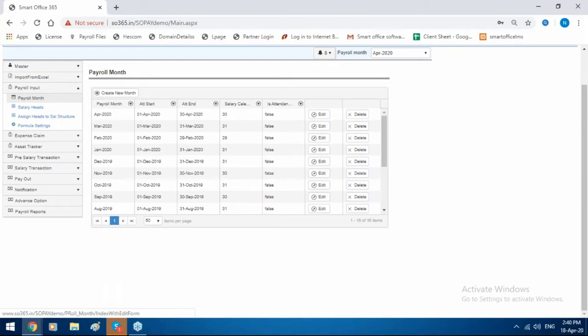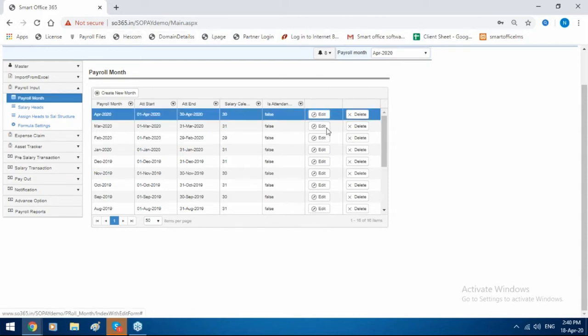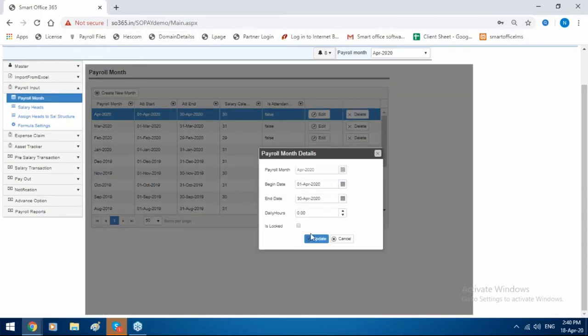You need to create the month every month at the end of the month, okay? And you should not create all the months in one shot, because if you create all the months at once, the theoretical amount won't carry forward. When you are creating a month, there is one option called lock. It is useful whenever your salary is processed and the payslip is generated. At that point you can lock this month. Then if any other person or you want to change anything, it won't change unless you have unlocked this month.